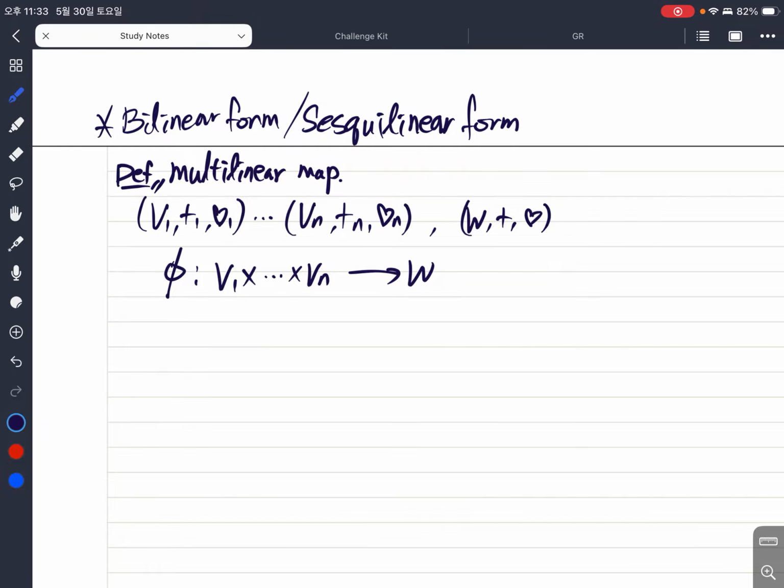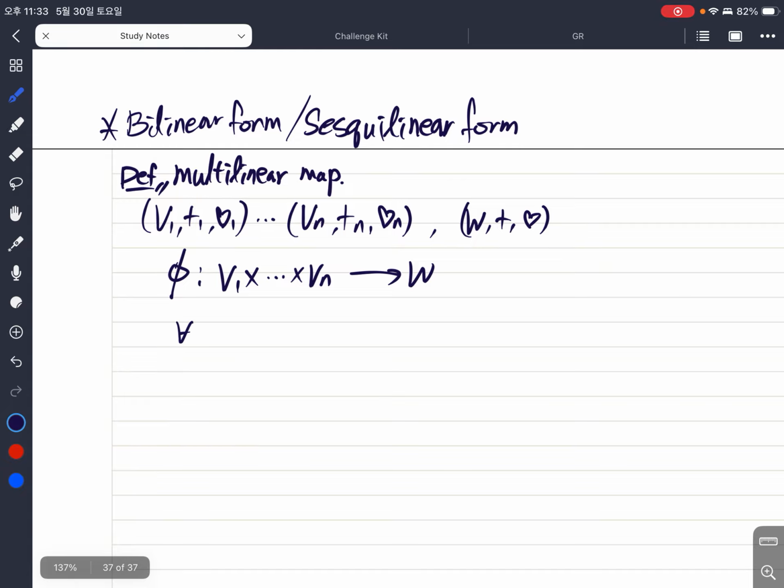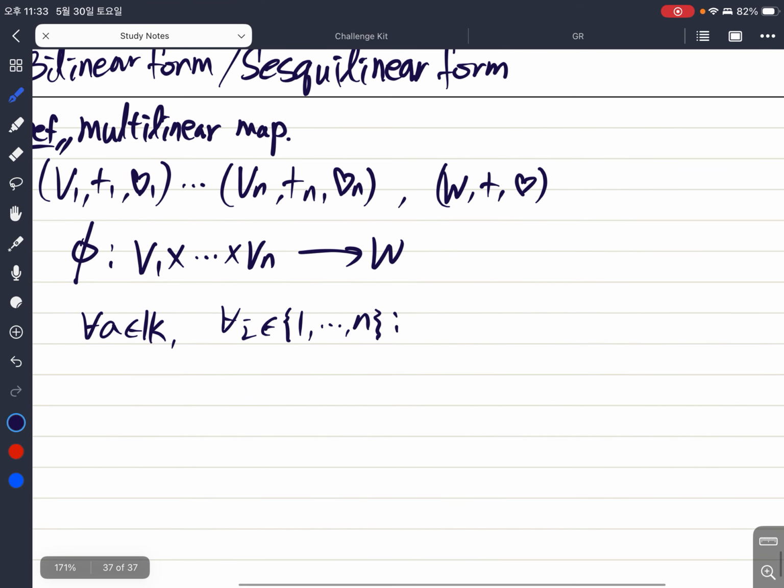First, let us set some number a in K, and also for i from 1 to n, we have ui, vi in Vi. So we have this and this. Then